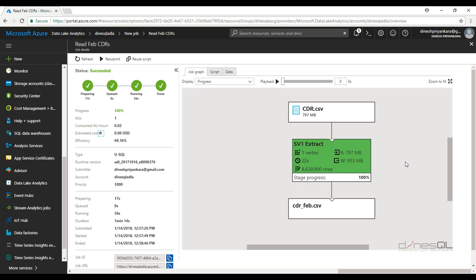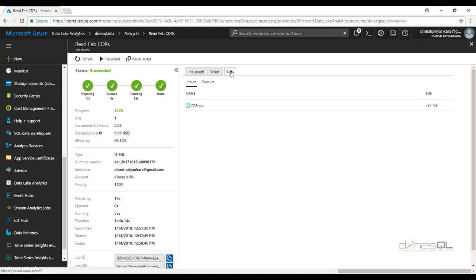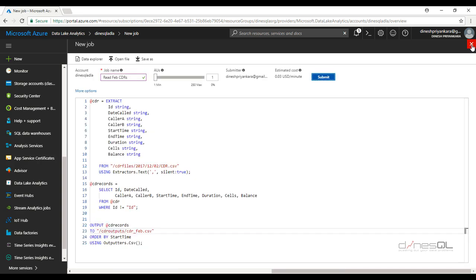Okay, everything is done. I can go to my data lake store and see the file. If I want to see more details about this job, for example, the script that has been used and the data, both input and output, I can have a look at this blade too. But let me close this, and let me close this blade too,